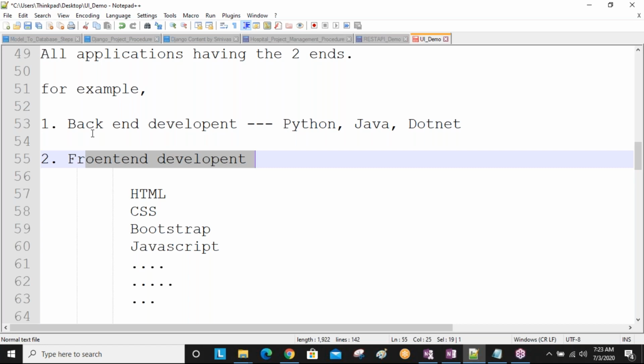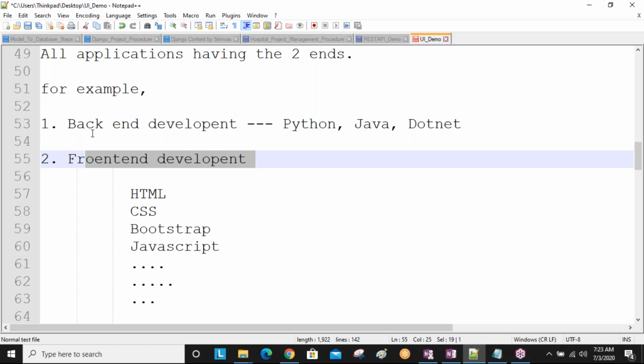Whom we are calling a back end developer? The people who are working in back end side code, not presentation code, purely developing the back end technology code. Then that person we are calling a back end developer. A back end developer must know about at least one back end technology.